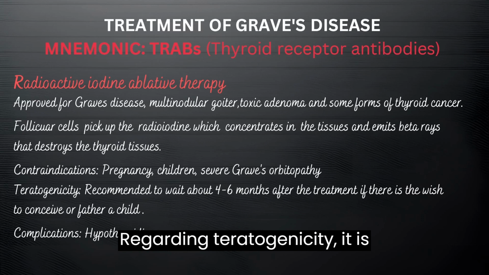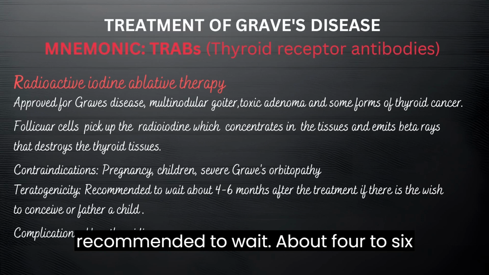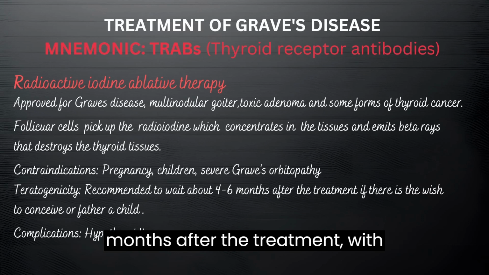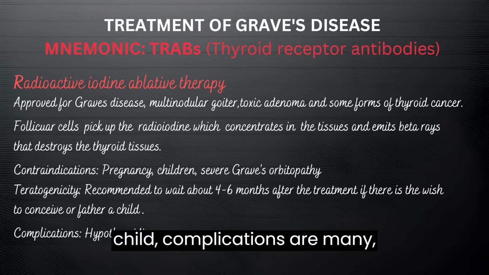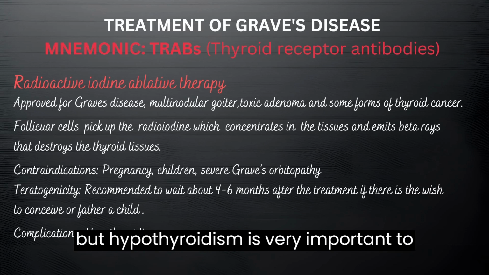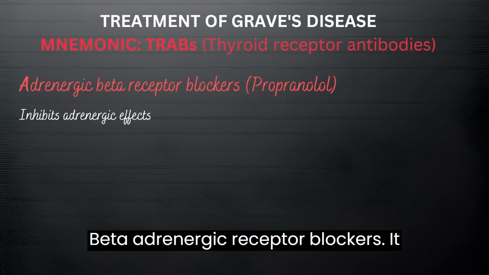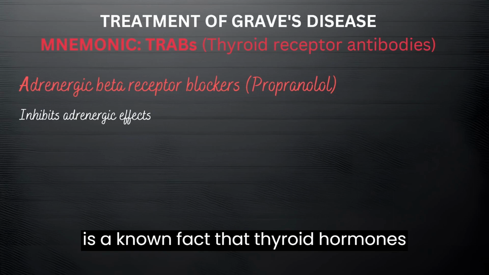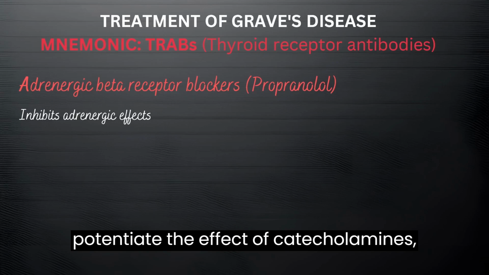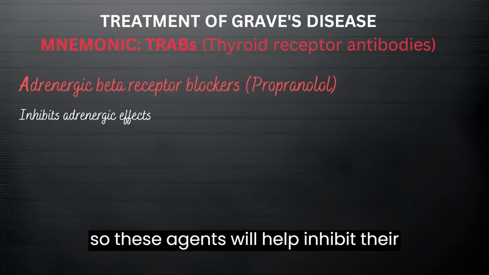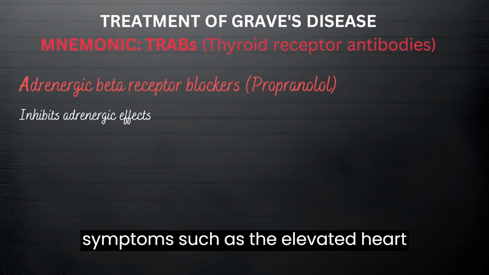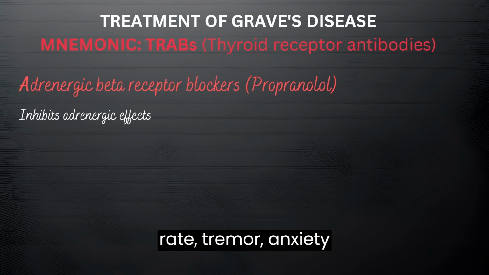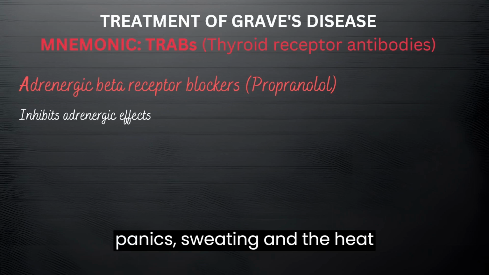Regarding teratogenicity, it is recommended to wait about 4 to 6 months after the treatment with radioactive iodine ablative therapy if there is the wish to conceive or father a child. Complications are many, but hypothyroidism is very important to note. Beta adrenergic receptor blockers. It is a known fact that thyroid hormones potentiate the effect of catecholamines, so these agents will help inhibit the adrenergic effects and ameliorate symptoms such as the elevated heart rate, tremor, anxiety, panic, sweating, and